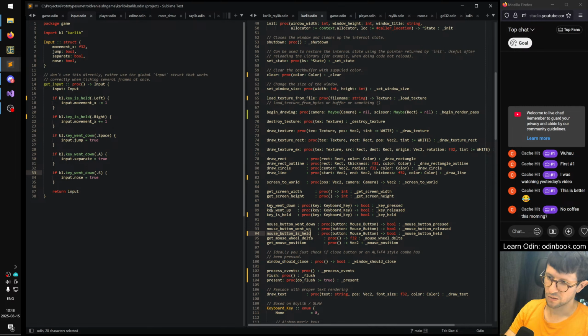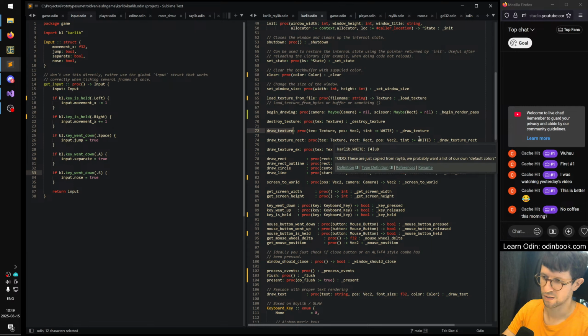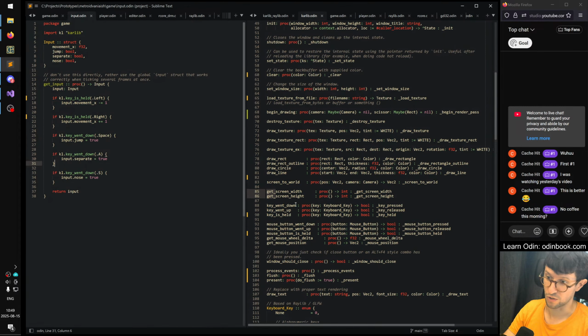I understand the thing of putting "get" in front when it returns something, and it's sort of more of a command when it does something. For example, draw texture just says something, there's no get or is in front, and it does something to the internal state of the thing. I get that. You put get in front of things that return something, and Raylib likes putting is in front if it returns a bool. I think you don't need to be that stringent with that if it doesn't help you. So in this case, there's no is in front here because, well,